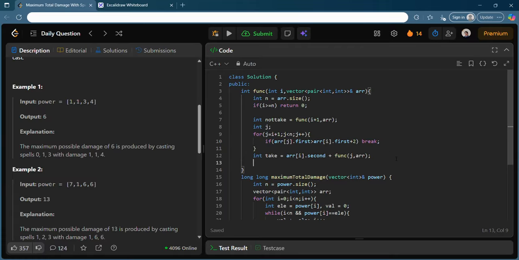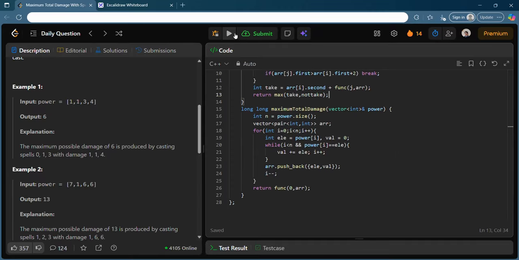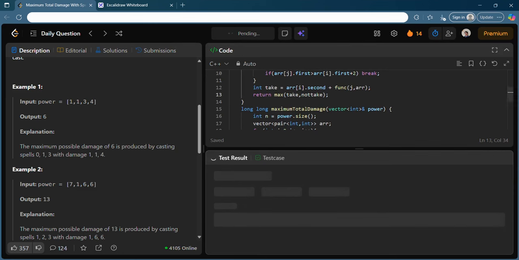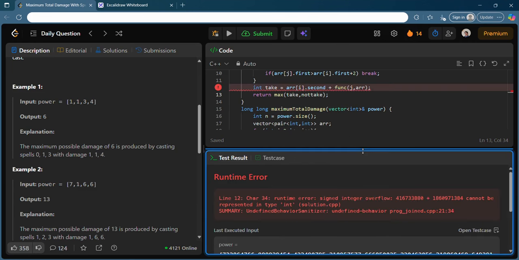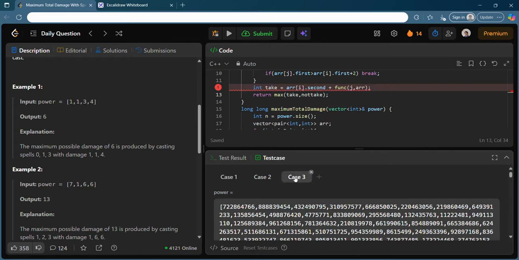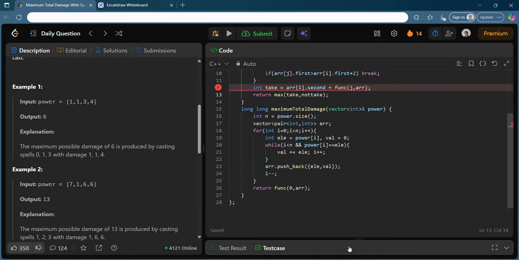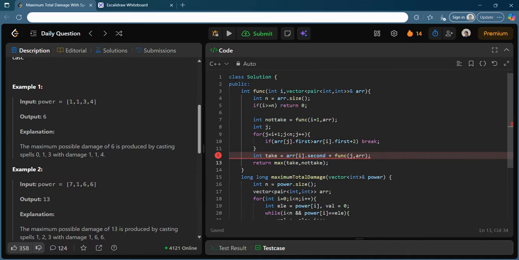So yeah, you do get the j, and what you can simply do is that for the current iteration you take the maximum among take and not take, and simply return it. So if you try to run this code, I guess it should work perfectly fine. Okay, so you see, I have taken test cases, one test case which is very long purposefully.